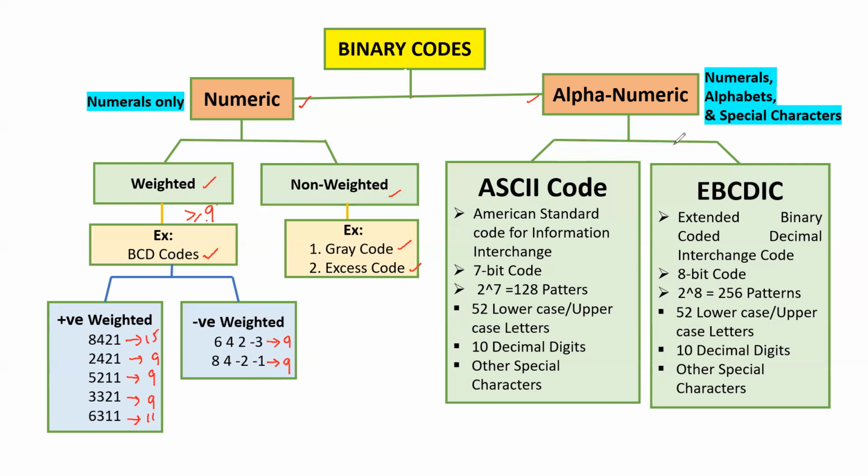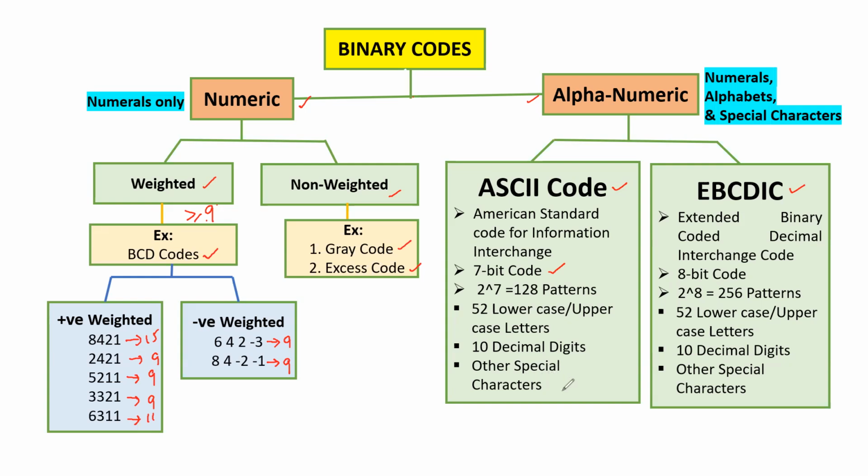Now coming to the alphanumeric code, it uses numerals, alphabets, and special characters. Alphanumeric code is divided into two types, ASCII code and EBCDIC code. ASCII full form is American Standard Code for Information Interchange. It is a 7-bit code. With these 7 bits, 2 power 7 equal to 128 patterns can be created. Out of these 128 patterns, 52 are lowercase and uppercase letters, 10 are decimal digits, and the remaining patterns are